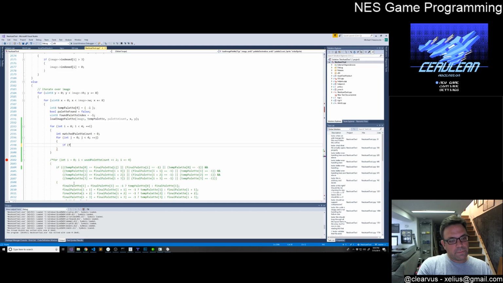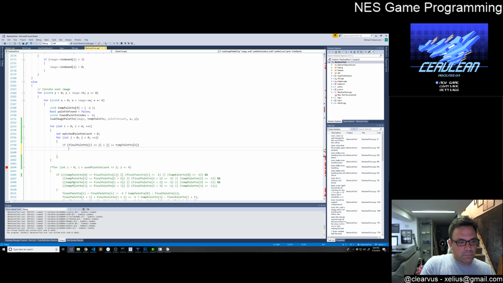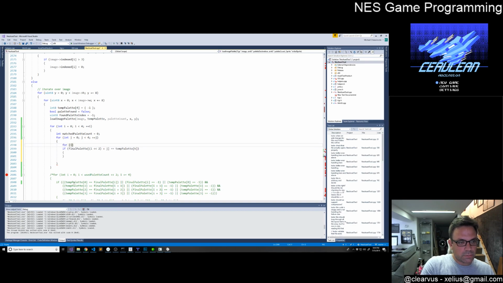If final palette, come on autocorrect, or autocomplete I should say, times 4, plus j. So if that is equal to, so this is pretty ugly with the nested loops here,